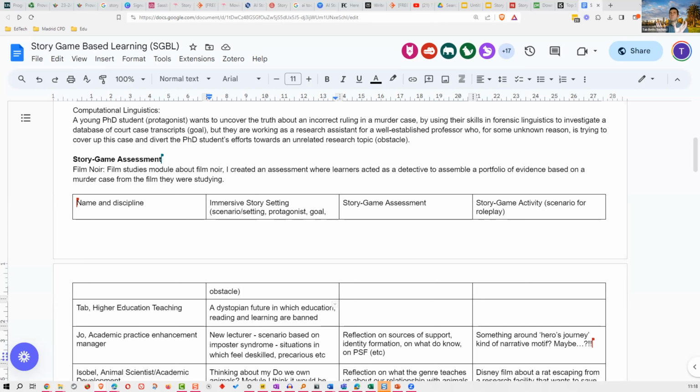Some of you might be familiar with, I think we talked about it last time, an article by Deslauriers et al. Who did some research recently